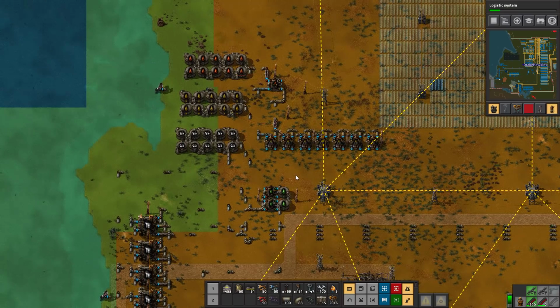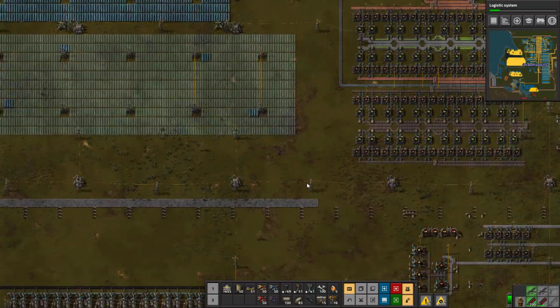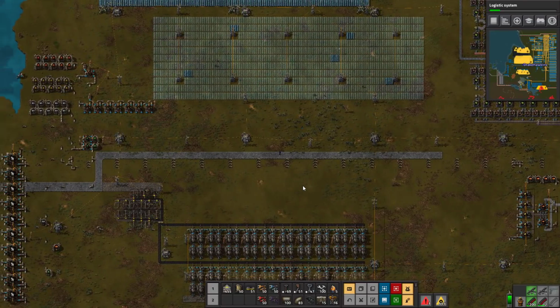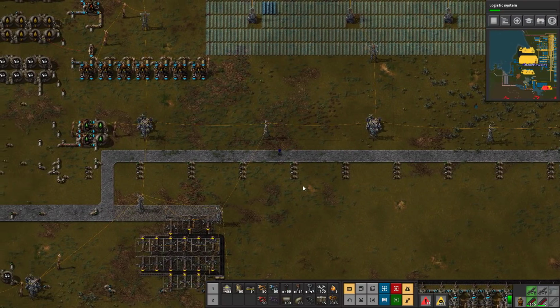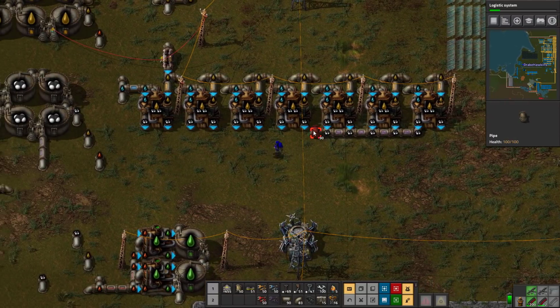Light oil is full. Okay, so light oil cracking down to petroleum wasn't turned on. It can be, no problems at all. I've only got a couple minutes left here, but I can take this moment to connect this and make sure that it is